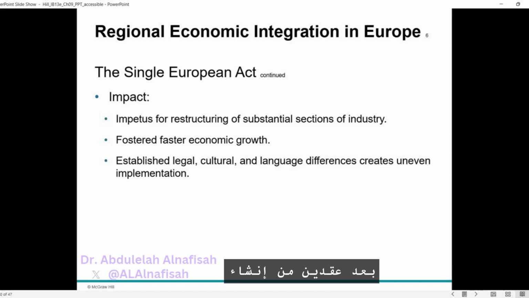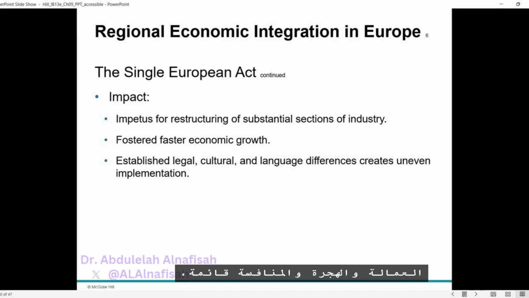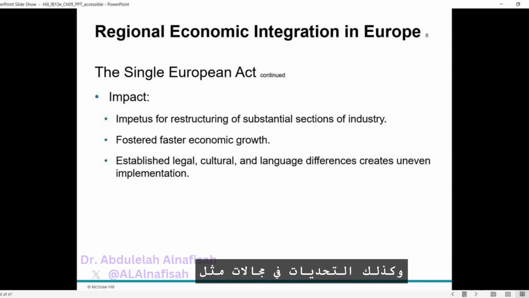However, two decades after the establishment of the single market, it has not fully met its ideal. Concerns about labor mobility, migration, and competition persist, as do challenges in areas like financial services integration. Progress has been uneven due to enduring legal, cultural, and language differences among member states, hindering full implementation of the